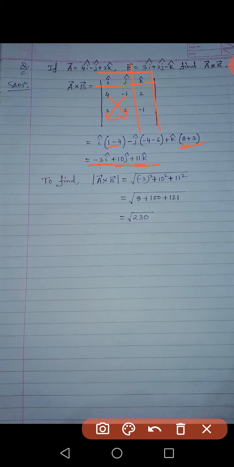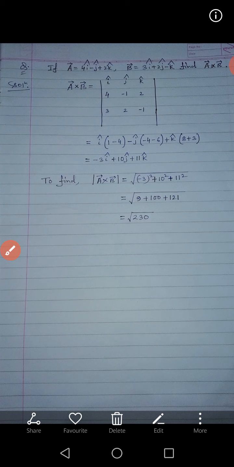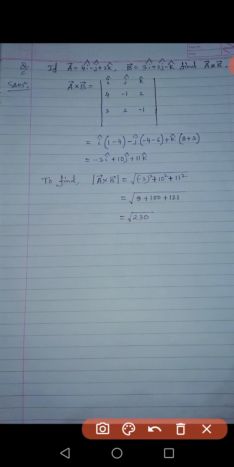And if you see, after doing a cross b, we got i cap, j cap, and k cap all there. So certainly this is a vector. That means a cross b, we call it the vector product, because the result thus obtained is a vector. Now suppose, in some other sum, you are asked to calculate this value,